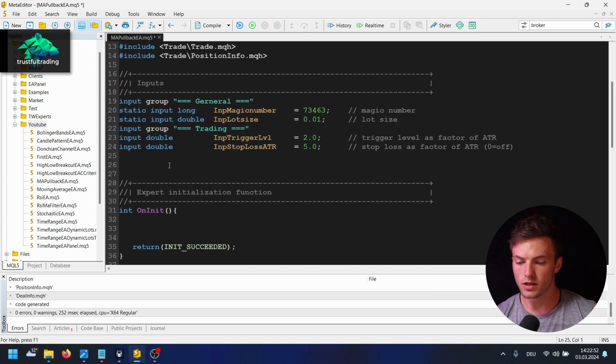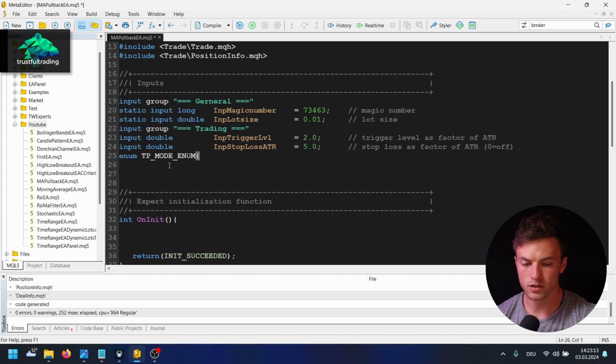Okay, so let's write an enum for this, so we can select the mode of the take profit as a factor of the ATR or using the moving average. So enum, and let's call this take profit mode, like this. Okay, and the first option here is take profit mode ATR. We also add a comment here,